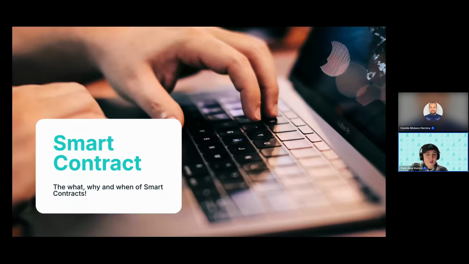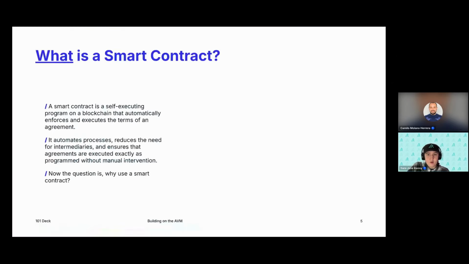So smart contracts: the what, why, and when of smart contracts. Firstly, what is a smart contract? A smart contract is a self-executing program on a blockchain that automatically enforces and executes the terms of an agreement. It automates processes, reduces the need for intermediaries, and ensures that agreements are executed exactly as programmed without manual